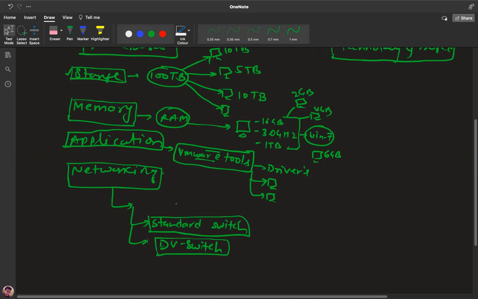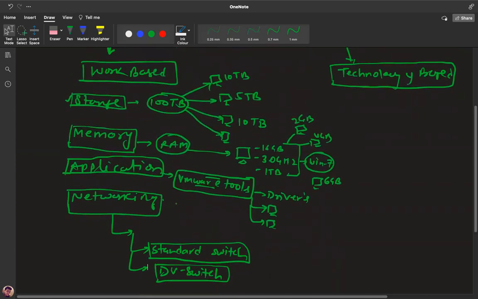You are able to create VLANs. In virtualization, there is no need to use any physical switch because it gives you two virtual switches. First is the standard and second is the distributed switch, the DV switch, or distributed virtual switch. Is it clear?